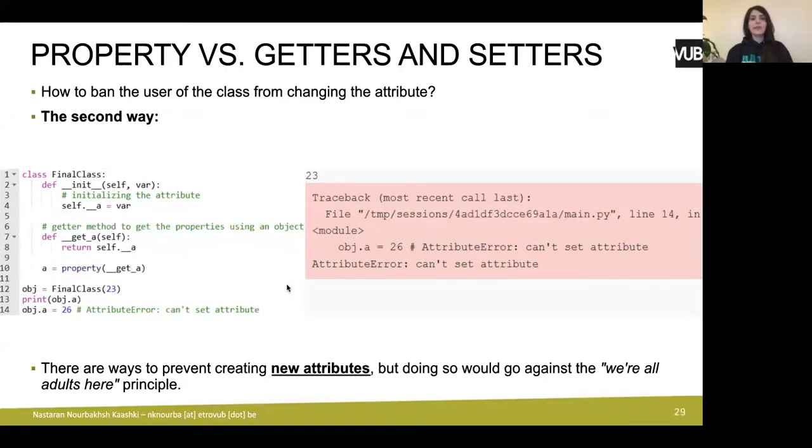And the second way, when you're going to use the property function, is that you write it similar to the previous examples. You write the getter, but you call the property only with the getter. It doesn't have the setter. So these are the ways that you can implement